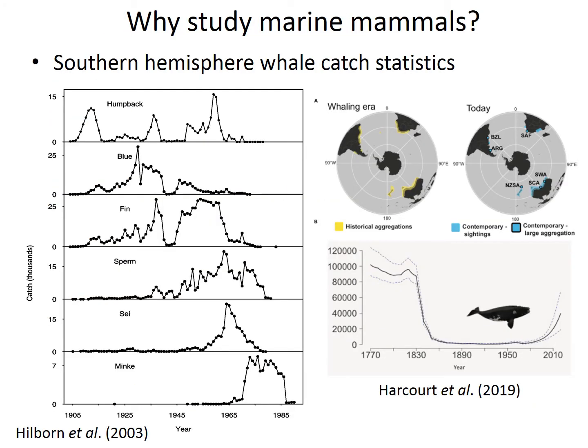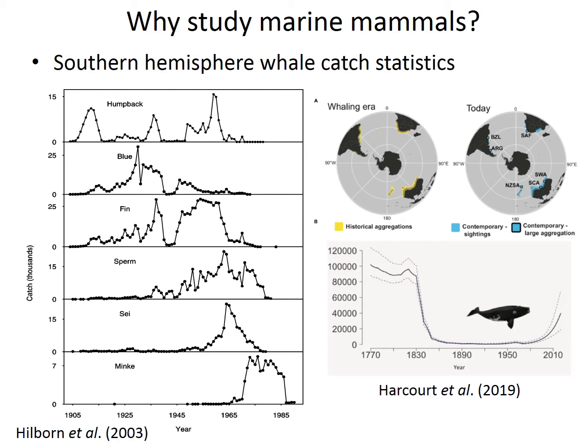Why do we specifically study marine mammals in this case? For me, it's mainly because most of them were harvested during the whaling era, and nowadays it is very important for us to know how the populations are doing over time. Where do they occur? What kind of habitats need to be protected for these animals to recover?